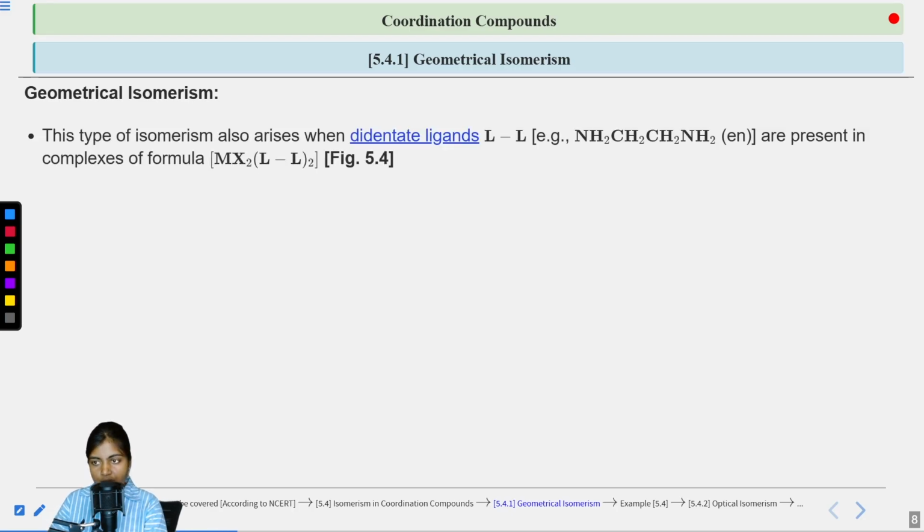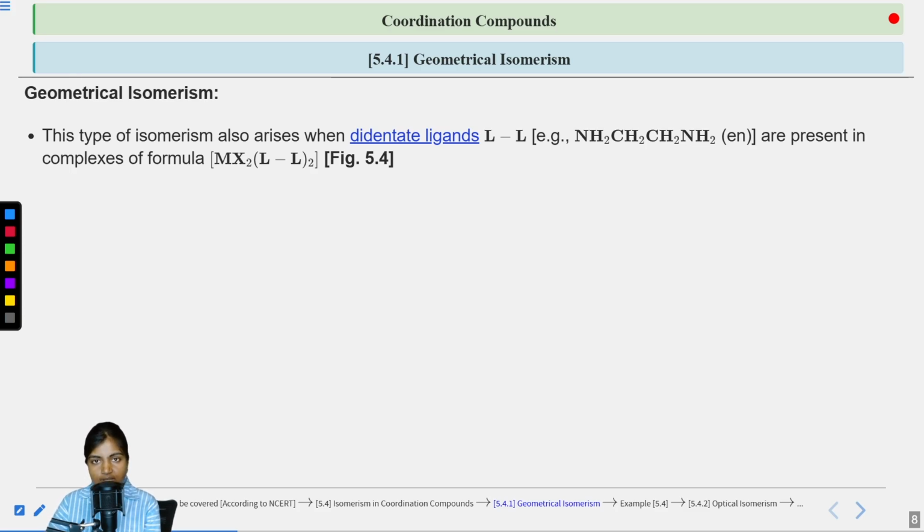This type of isomerism also arises when the didentate ligands are like LL. LL means the two ligands present in a single molecule become one ligand, and it is acting as a didentate ligand. That means two donor atoms are going to be present in that ligand. So this type of isomerism, that is geometrical isomerism, also occurs when the didentate ligand of